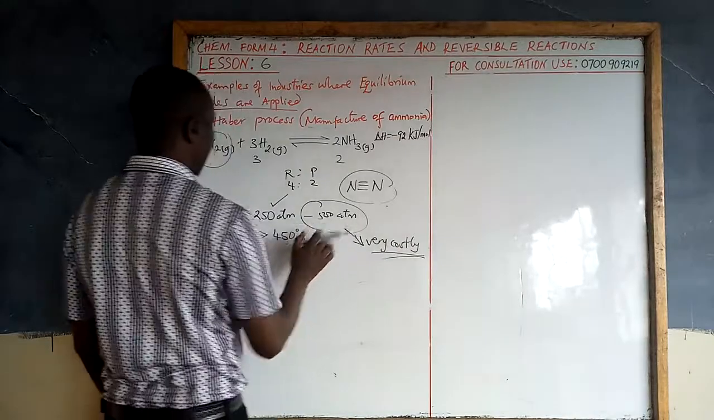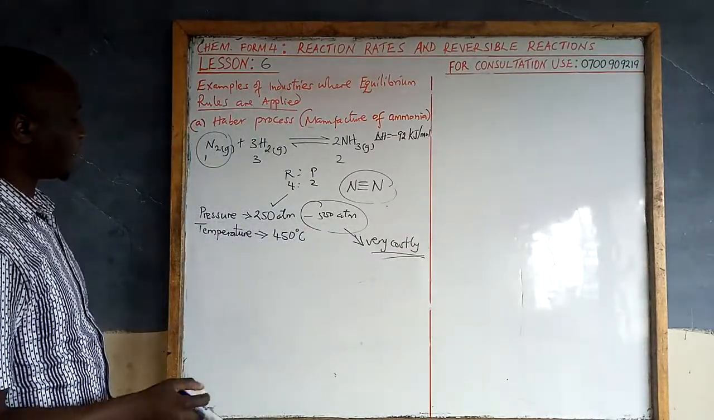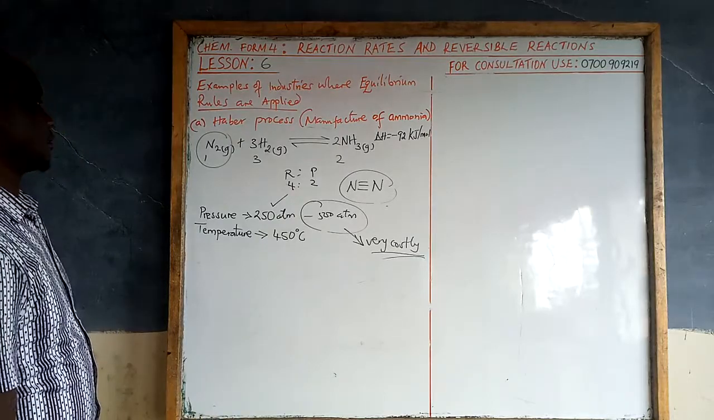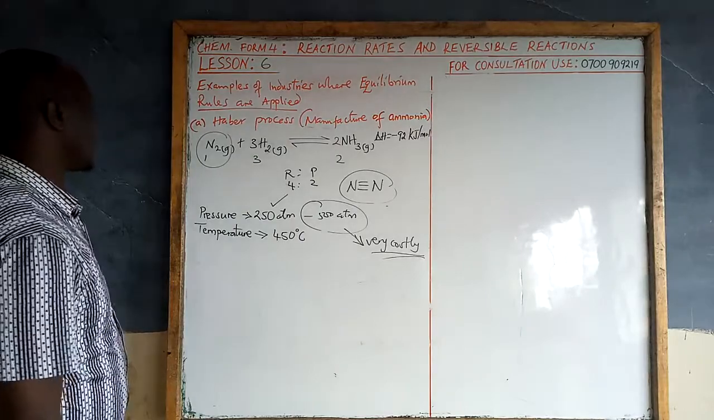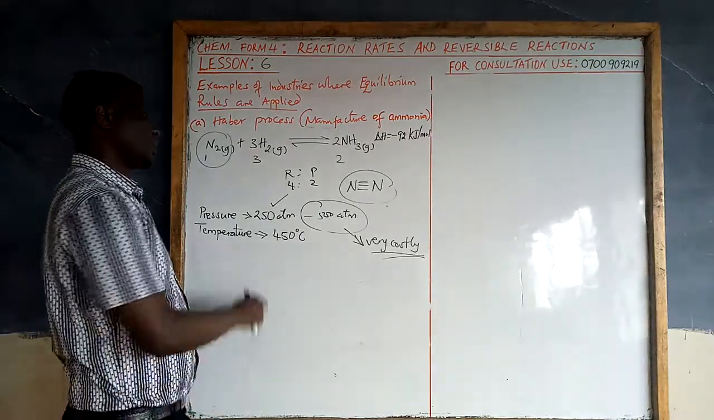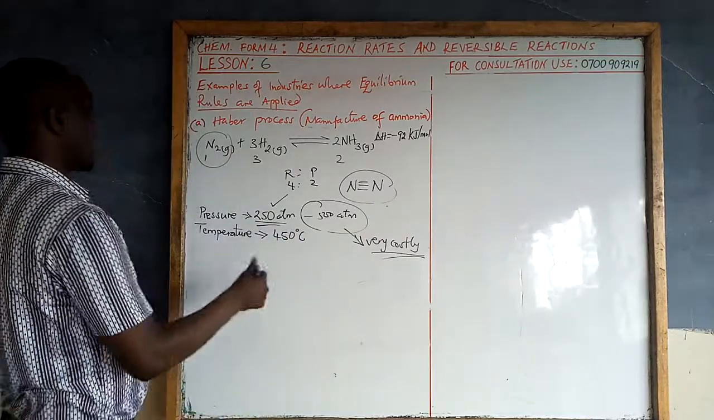Very high pressure is expensive to maintain, and it can lead to bursting of the tanks, that is, the compressors. So those replacements from time to time will be very, very costly. So the best adopted pressure will be 250, and then we had